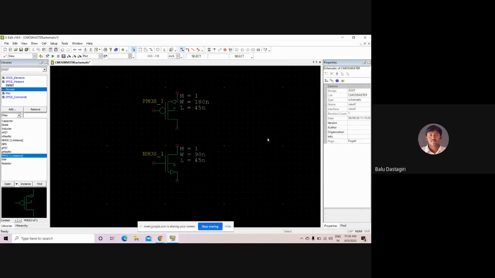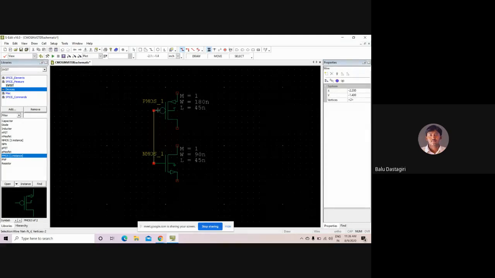Now I require a VDD power supply here, and similarly the ground. Now I have to connect both the transistors. Here there is a wire, so click on that wire and connect both the gates of your transistors.